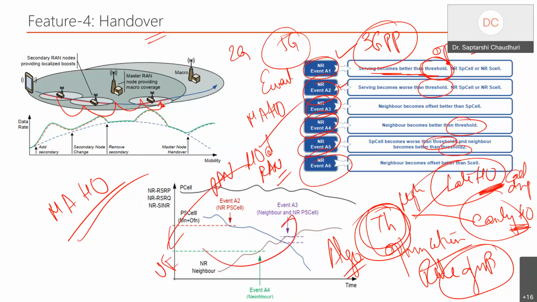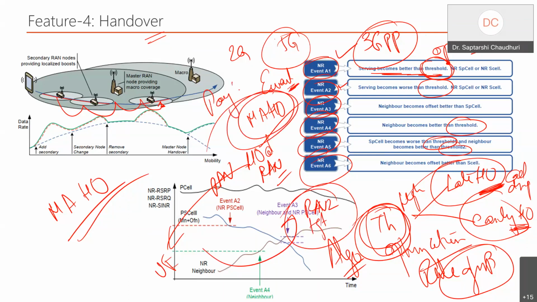Then the UE moves to the target base station, RAN 2. RAN 2 is his target base station. So first, if I go with a MAHO based approach, then I need this event to come. It's an event based approach. To have this event, it's directly proportional to what threshold I have set. It is so dangerous if the thresholds are wrong. So this is what I'll cover in day 3 again, how we set up the MAHO based approach. Now we have network assisted handover.